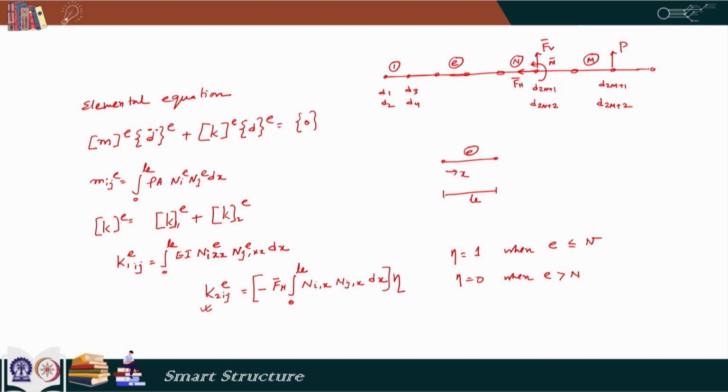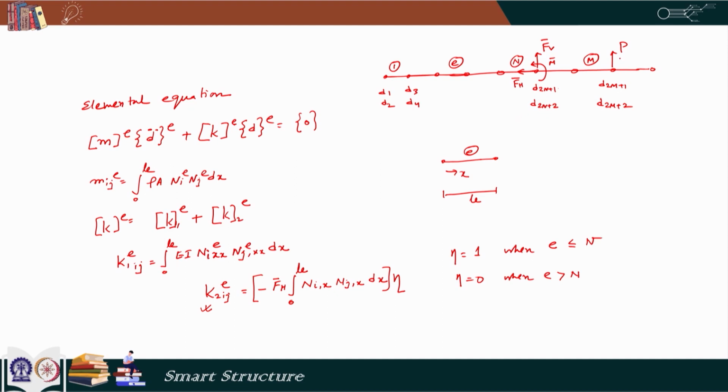So, in the virtual work equation, force is multiplied with the virtual displacement. Here the displacement is d of 2n plus 1. So, F V bar corresponds to the degree of freedom d 2n plus 1. Similarly, this is moment, and moment is multiplied by the virtual slope, and the slope is here d 2n plus 2. So, M bar is multiplied with the variation of d 2n plus 2,